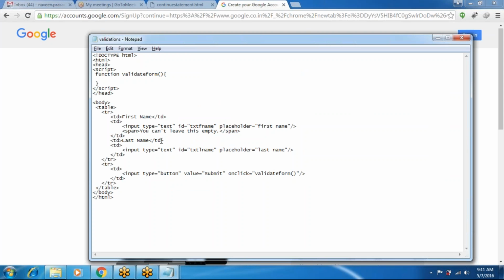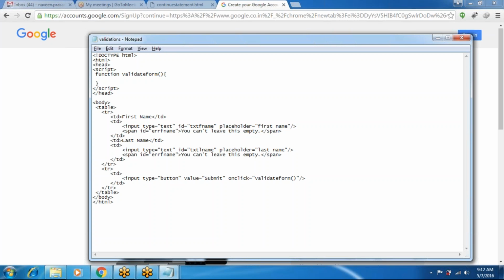For the span also take an id, error first name, and for last name also the same, error last name.